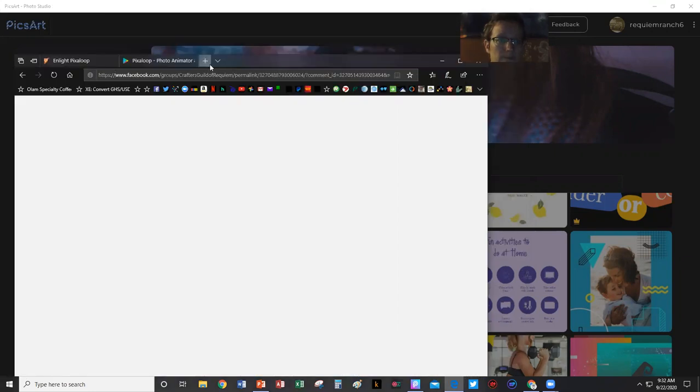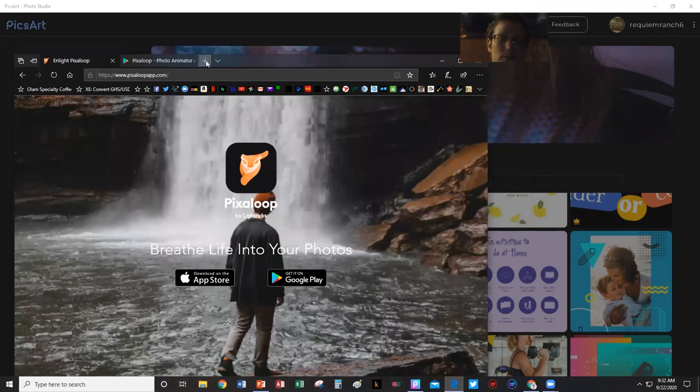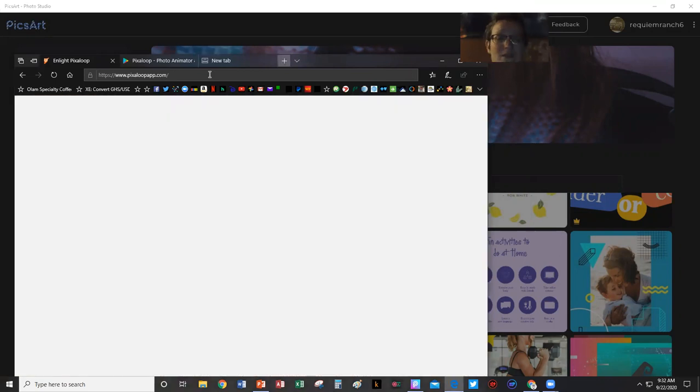There we go. Come on, give me a new screen. And I do apologize again. My computer, when I'm trying to do videos and stuff, is very, very slow. It's an old computer, but it works. And that's the biggest key. No matter how slow your technology is, if it works, keep using it.